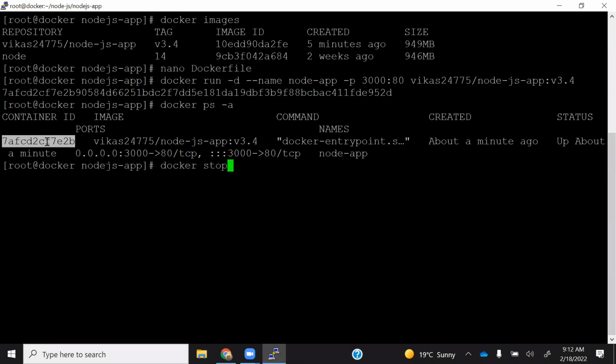Docker stop the container, right. It will take some time and it will stop. Okay, in the meantime, while it's stopping,